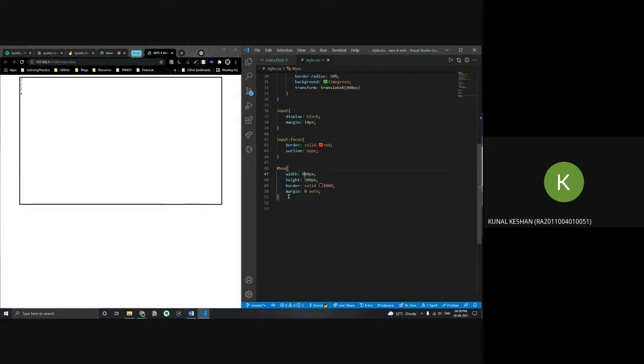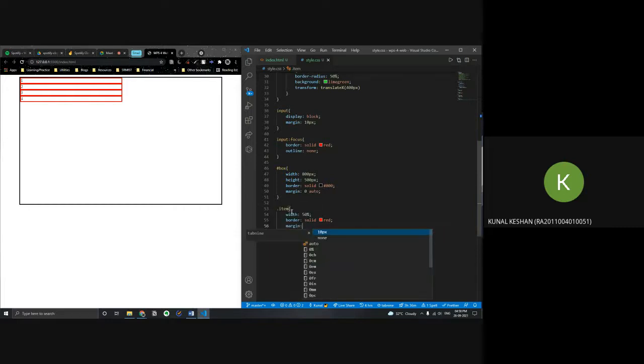Okay, and for each item we have a width of 50%, a border solid, maybe red, something, and maybe a margin of say 10 pixels over here.